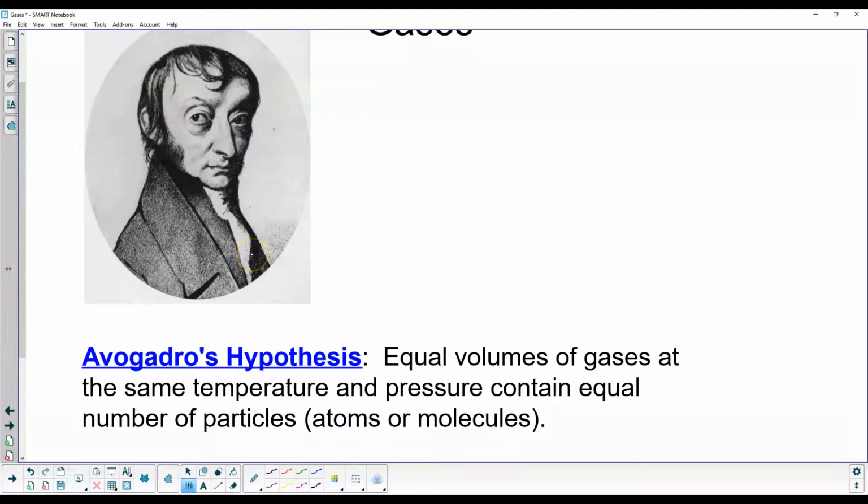But this is the guy, Amadeo Avogadro. You guys remember Avogadro's number. 6.02 times 10 to the 23rd is 1 mole. He actually didn't come up with that number. He didn't know what a mole was. He was a scientist who dealt with gases, and what he stated was that if you had the same volume of gases at the same temperature and same pressure, they have equal numbers of particles. So this would be atoms, molecules, whatever. It's related to the mole, but it's not the mole, and he definitely didn't come up with that number. It was named in honor of him.